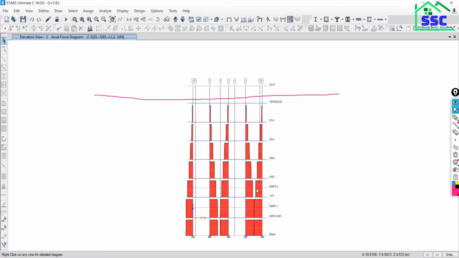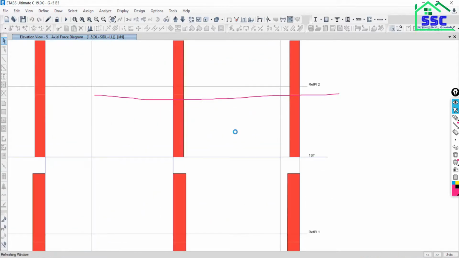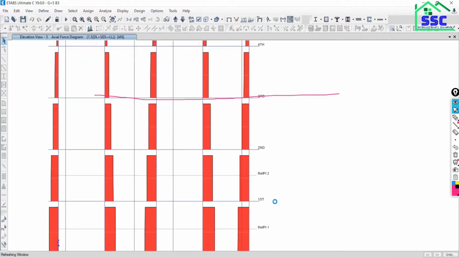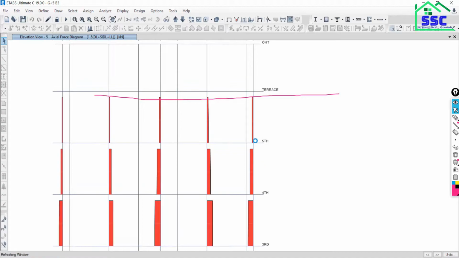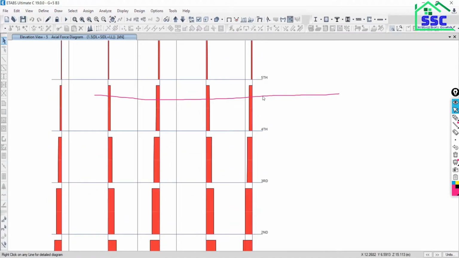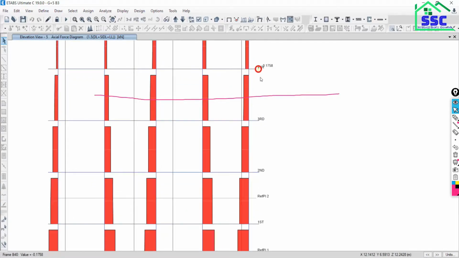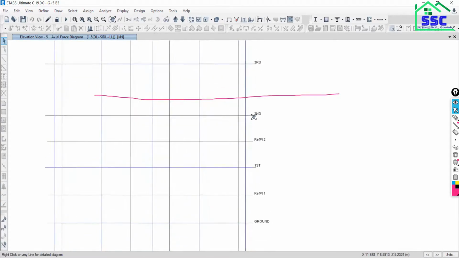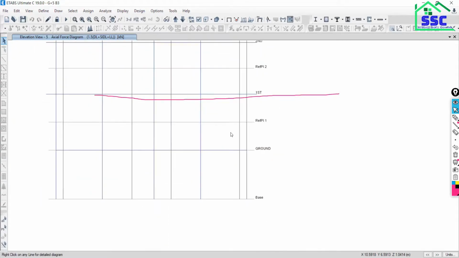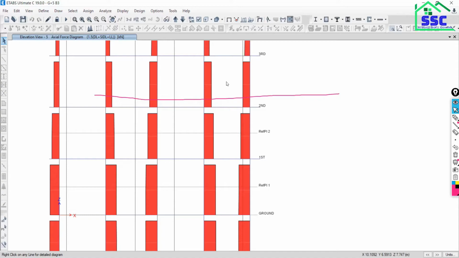Now see, the column forces are going to increase from top to bottom. Is it correct? At the fifth story it is very less. At the fourth story, okay, at the fifth story it is less. For third, fourth it is going to increase, then going to increase, and likewise the force is going to increase. Is that okay? So all the load transfers from top to bottom along the column.